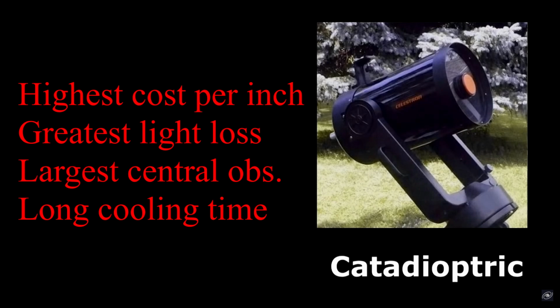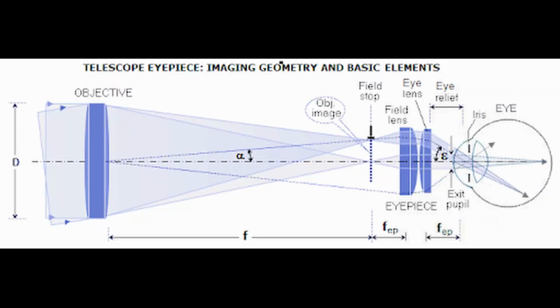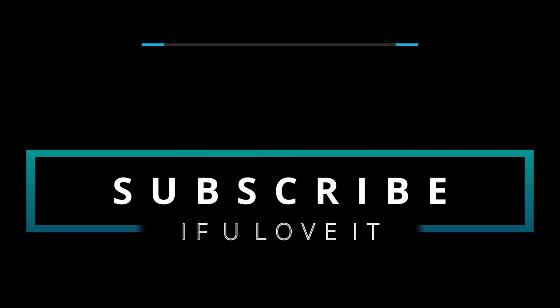Because this is an enclosed system, if the ambient temperature and the temperature inside these telescopes are different, then you are not going to get a clear and crisp image and it will be out of resolution. It takes longer for these types of telescope to adapt to their external environment. When the temperatures are equal inside the tube and outside the tube, then only you are going to get some usable result. Now we will be talking about some other aspects of telescope, the well known ones, magnification and focal length.